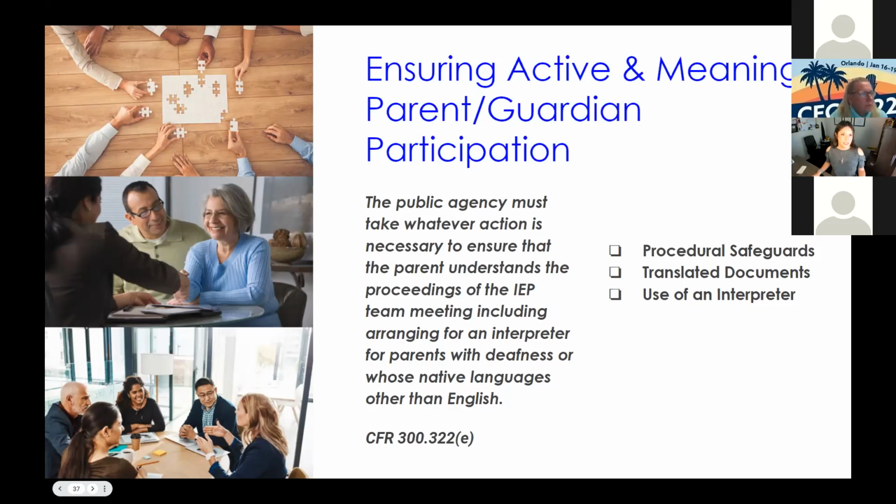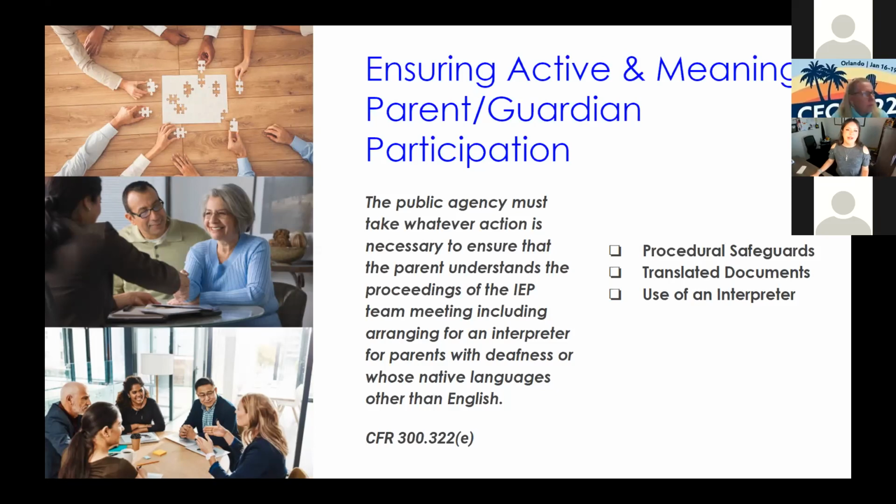The parents of a child with a disability are members of any group that makes decisions regarding the placement and the LRE of that child, because the role of the parent is as equal participant and decision maker. Of course, knowing that California is a consent state. A lot of these procedural safeguards are established to help parents and students enforce their rights under